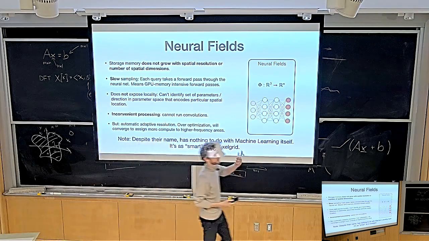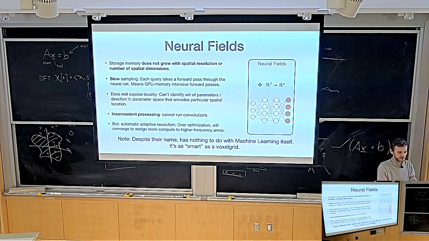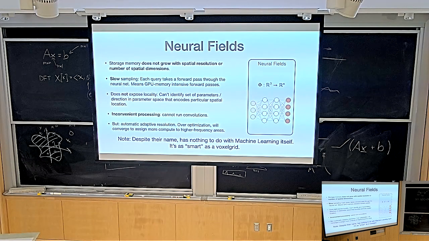And the reason why people are still excited about them sometimes is because they actually have this property of overtraining. They basically automatically assign parameters to the areas with high frequency detail. And that is something we don't perfectly understand yet, but basically they can still encode very, very complicated functions with very few parameters. And this is something that people are still excited about. Okay, so this actually concludes our discussion of neural fields.